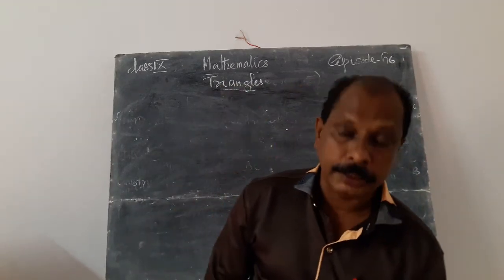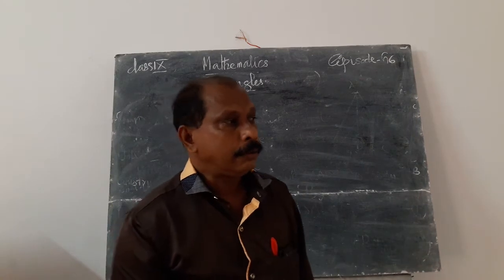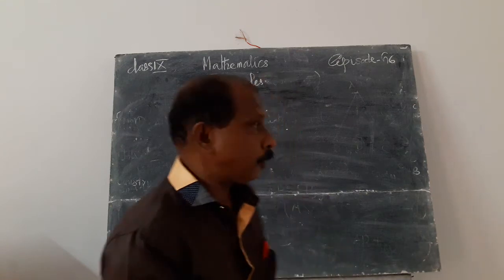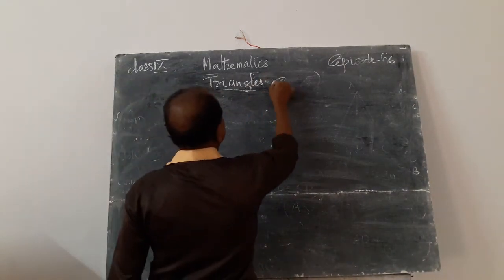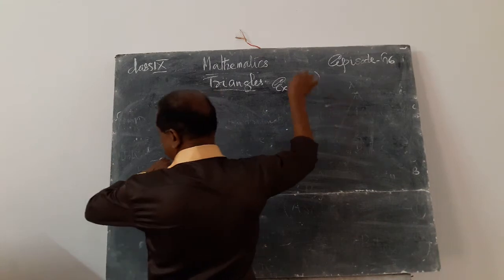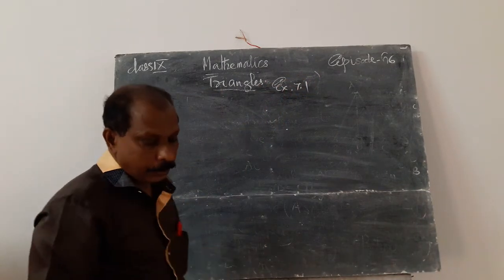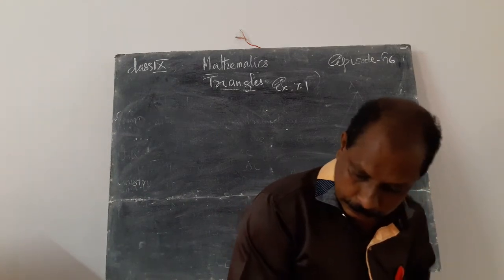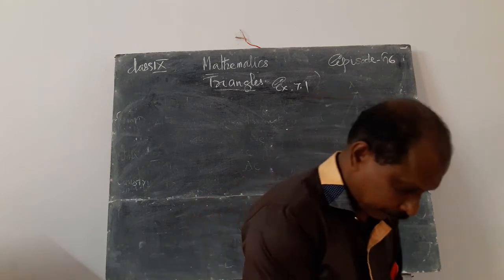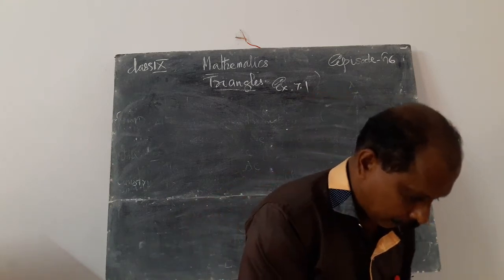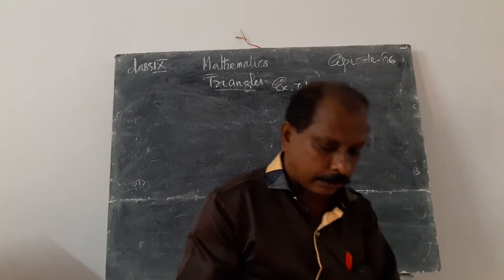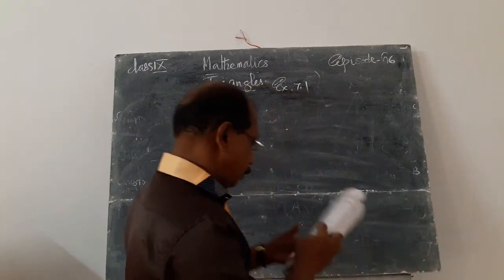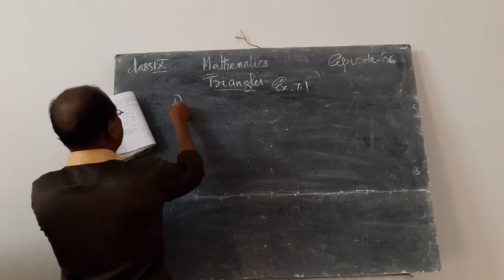Then the last part has some theorems on inequalities without proof. The first exercise is exercise 7.1. In exercise 7.1, the first question, question number 1, is: